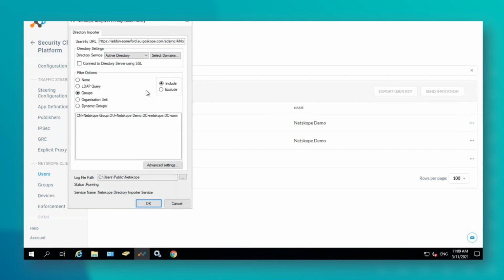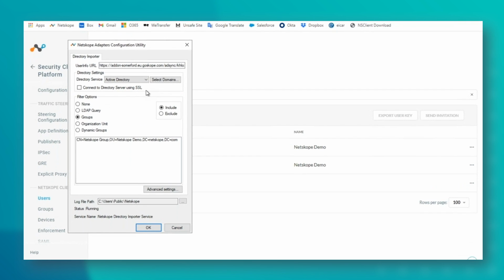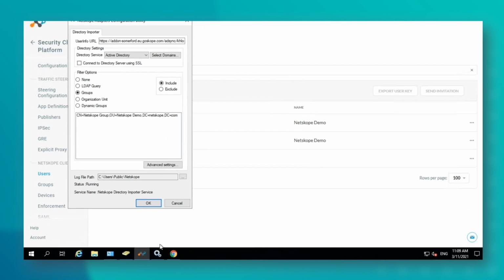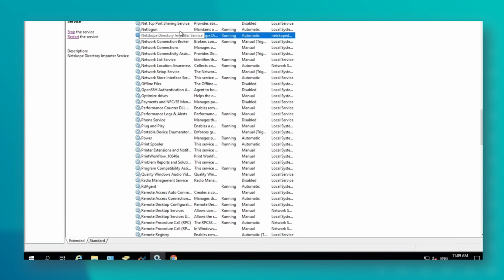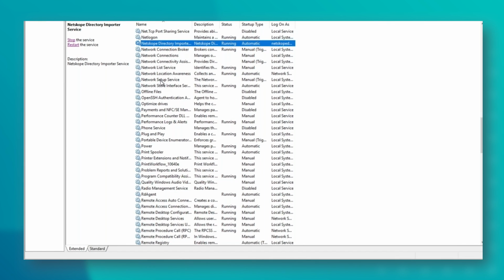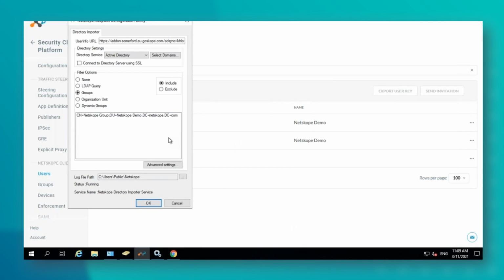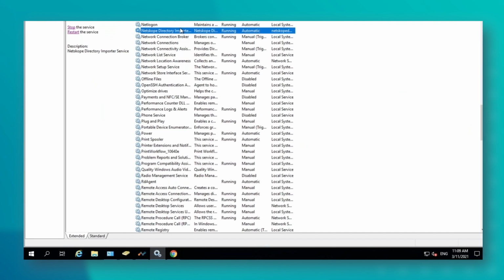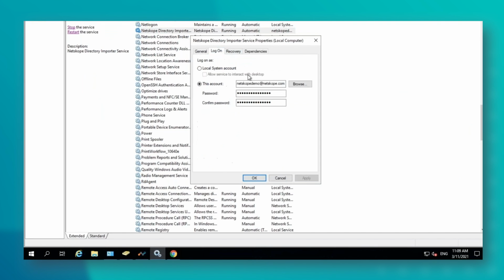Now, you can run this from anywhere. It is a service, a Windows service here. So you can run this from any modern Windows machine as long as you have the Visual C++ 2010 redistributable installed on that machine. If we look at the service at the moment, we have a service account in here, but that could be an individual user. As long as that user, the user using this particular machine, has the power to query the domain, it can be their account in here.